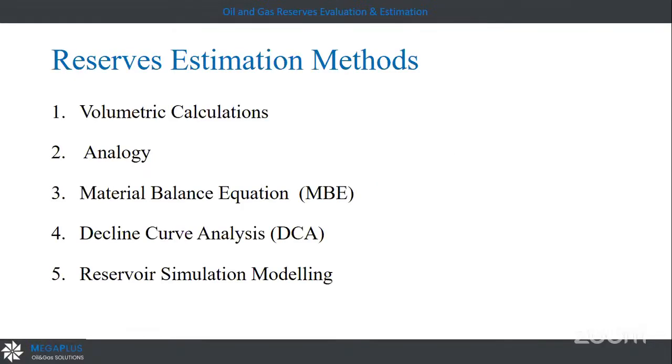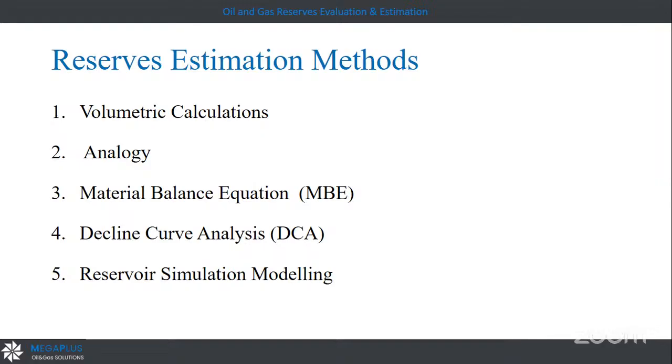For reserves estimation, we have 5 methods: volumetric calculation, analogy, material balance, decline curve analysis, and reservoir simulation model. We have to mention that each one must have a full course or many hours to be clear. So I'm trying to summarize or give an idea about each